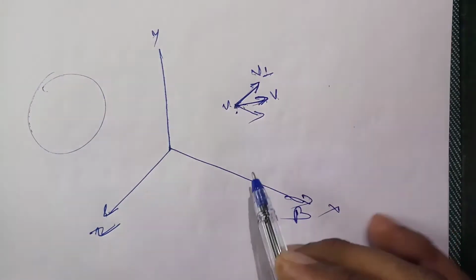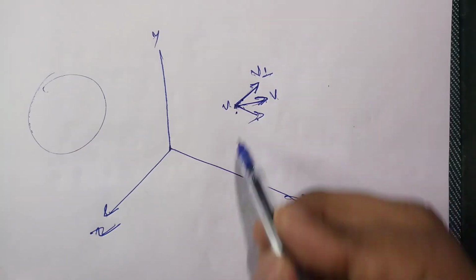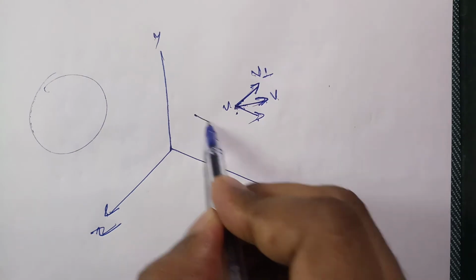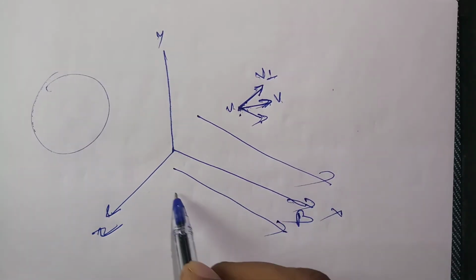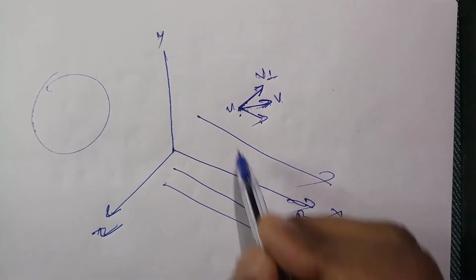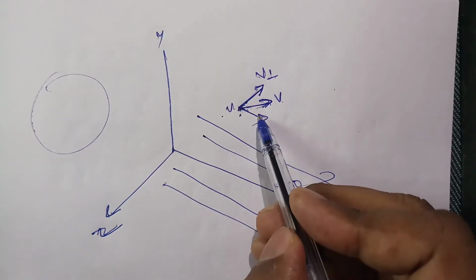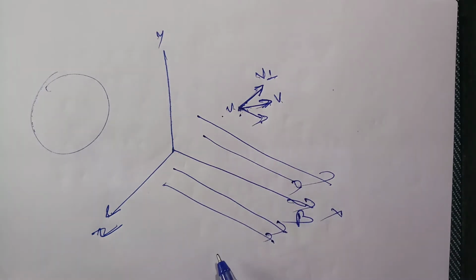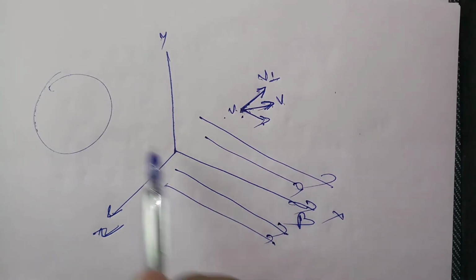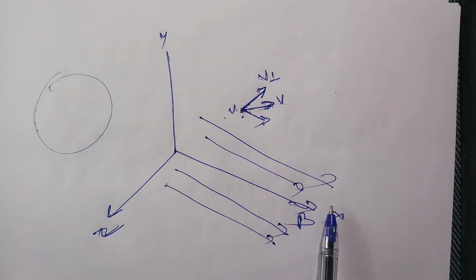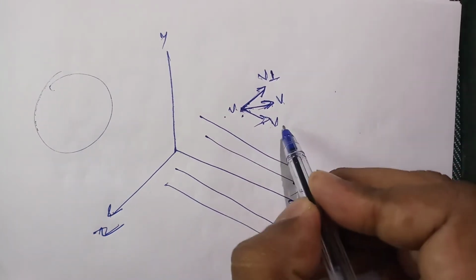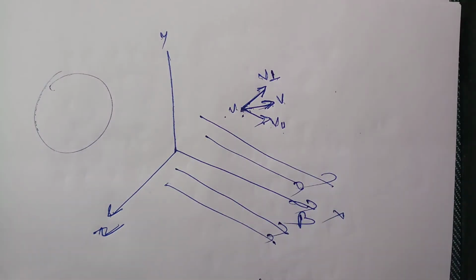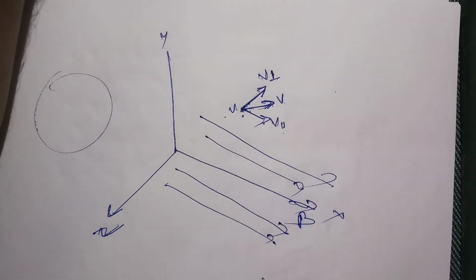But here we have two velocity components. One velocity component is along the magnetic field, because our magnetic field is this way, and another is perpendicular to that. You know that if the charged particle is moving in the magnetic field parallel to the magnetic field, no effect will be there because we have a cross product. If it is parallel, that sin theta will become 0. So this parallel velocity component will not have any effect in this magnetic field.